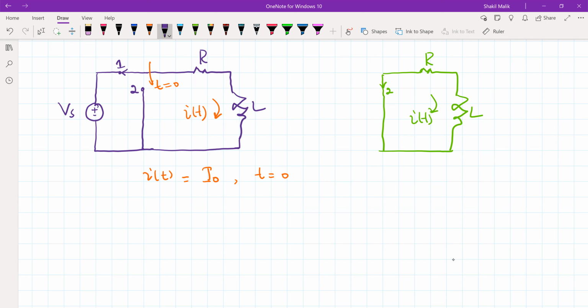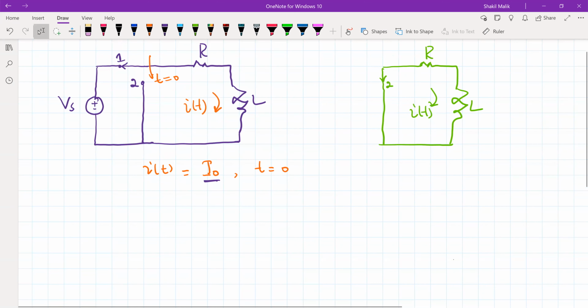So what's the assumption? This RL network was initially connected to the source voltage V_S, and the initial value of the current, meaning the current at t equal to 0, when we disconnected from position 1 and connected at position 2, stored in the inductor is I naught. That's the important thing. Let's see what the behavior will be when we connect it at position 2, and this will give us the discharging behavior. Let's learn about that.